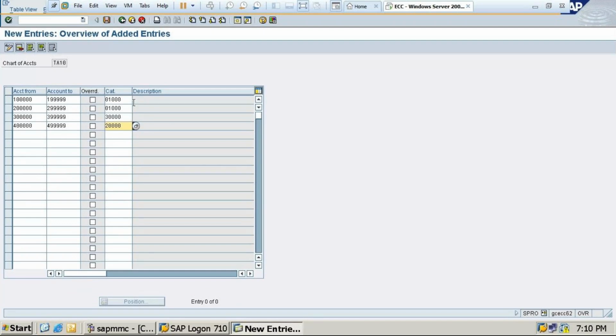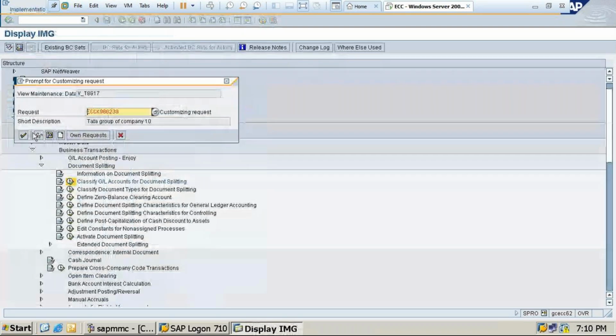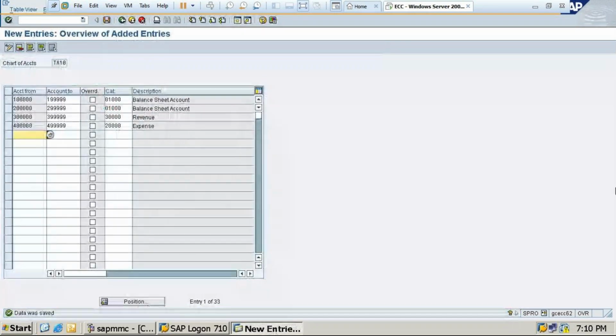Understood? No doubt. Once you save, students, what will happen? It will show as it is. See that it is showing in the descriptions that it is inbuilt. We just selected the category. The category numbers are inbuilt. You need not type anything there, you just need to choose, how I showed you. Clear? Please make a note of how it is displaying on the screen.